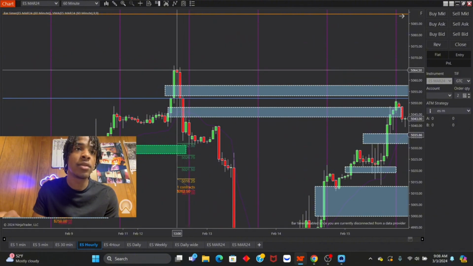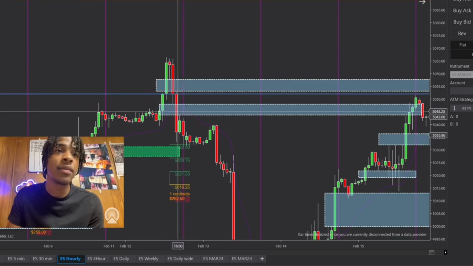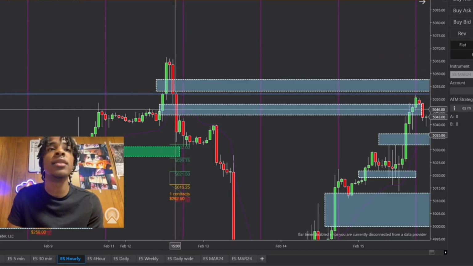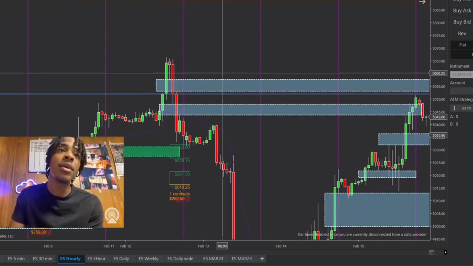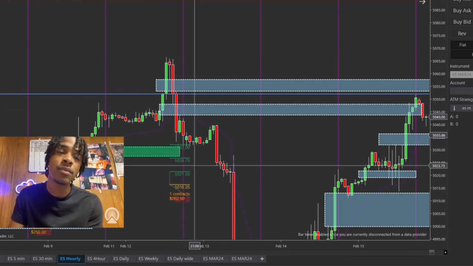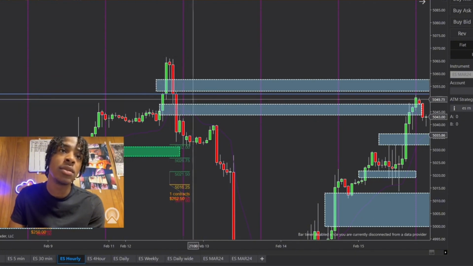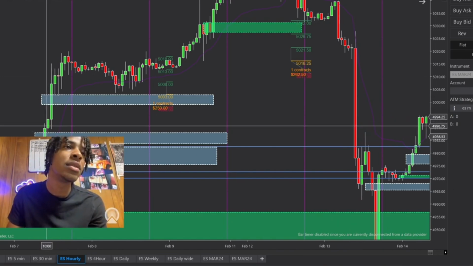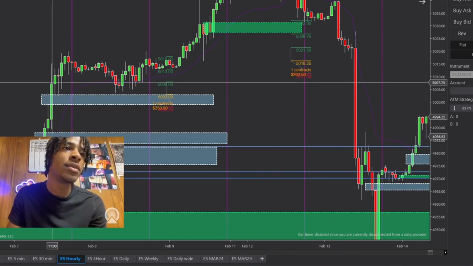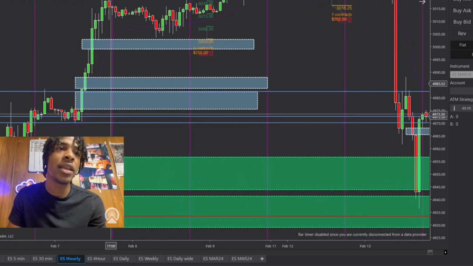A 3 candlestick pattern. You see, this is candlestick 1, this is 2, and this is 3. Candlesticks 1 and 3 do not share a price, so it creates a gap in between candle 1 and candle 3. The space in between the first and the third candle doesn't touch. So basically like this: you have 1, 2, 3, the gap is made, and the space in between is the gap.